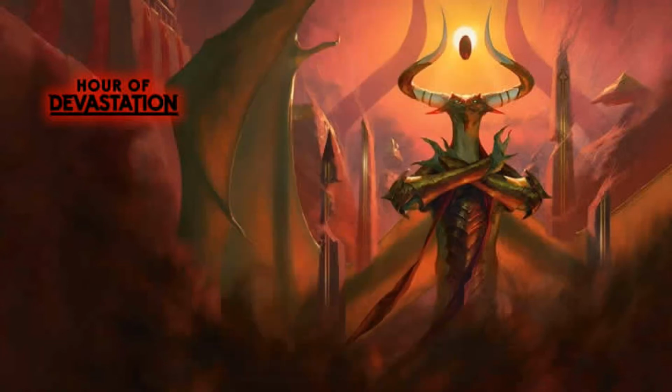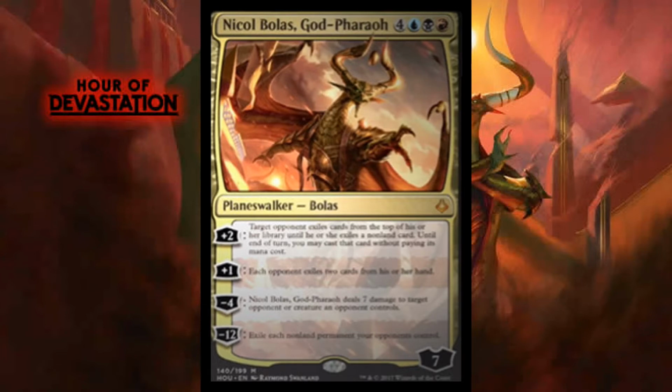Next up, though, finally, I guess, we have our best card of the day, the card I'm really excited about, and I've been really excited about seeing, so I'm kind of glad to see it before I decide what standard deck to play in the next format, and that is Bolas, God Pharaoh. 4 blue, black, red, so 7 mana, 3 of which are Grixis, to get a 7 loyalty mythic rare Bolas